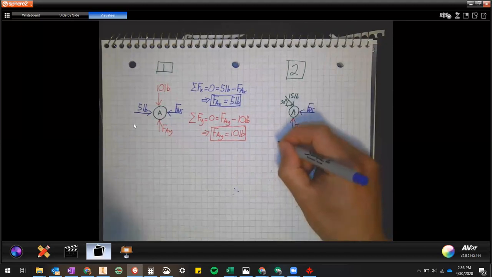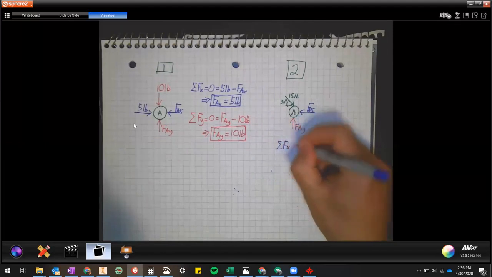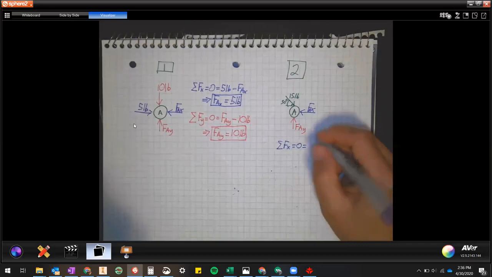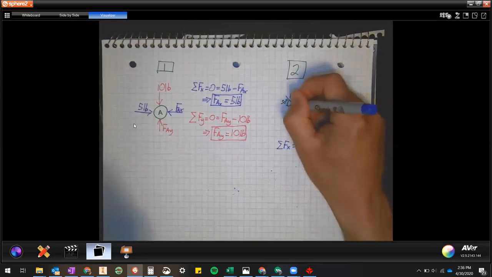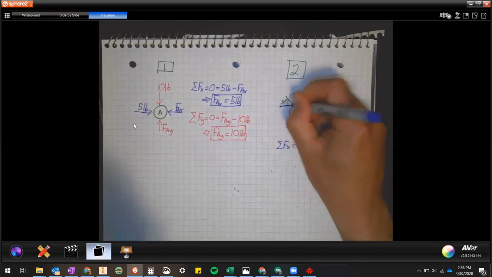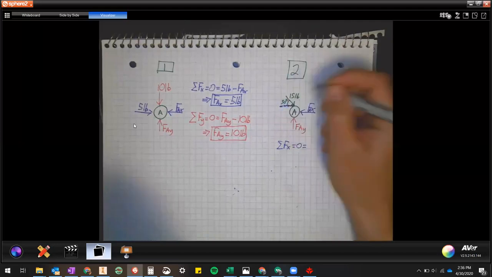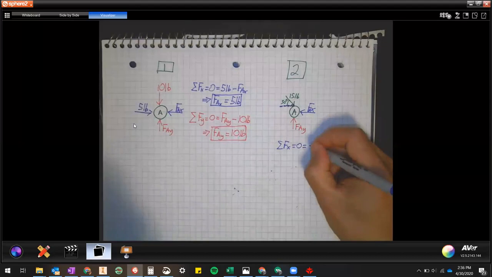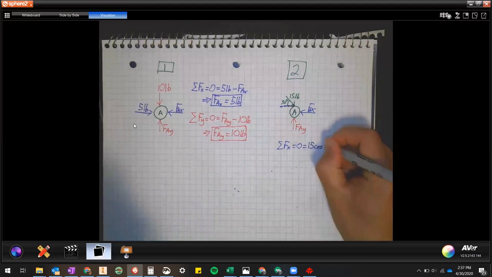So I'll say the sum of my forces in X is equal to 0, and that would be equal to, now to make my triangle here, if it's down and to the right, this horizontal component would be the adjacent side of my triangle. And so I would have adjacent uses cosine. So I would say 15 times the cosine of 30